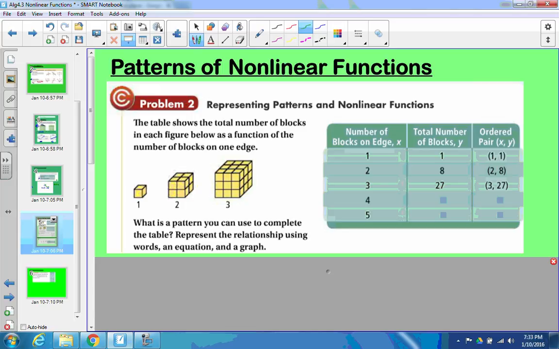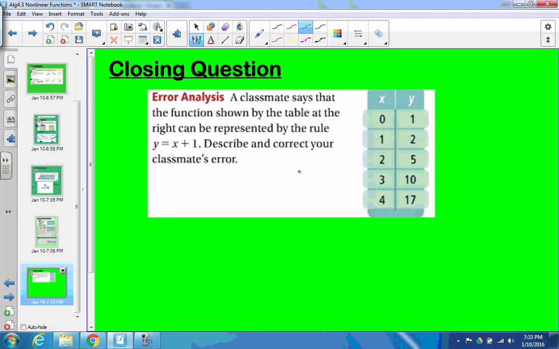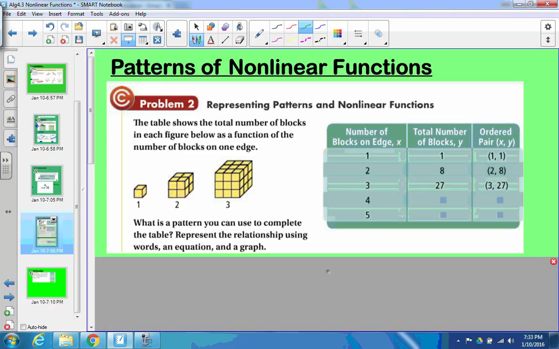So let's look at this. 1 block, and the side length would be 1. So then it's also written as an ordered pair over here. Number of blocks on the edge, so we have 2 blocks on the edge, and we have 1, 2, 3, 4, 1, 2, 3, 4, and then 4 on the bottom, so it would be 8 blocks total. For 3 blocks on one edge, it looks like there's 3, 9, 27 total. Now you can keep drawing this and draw it so that you have 4 blocks on the edge, but